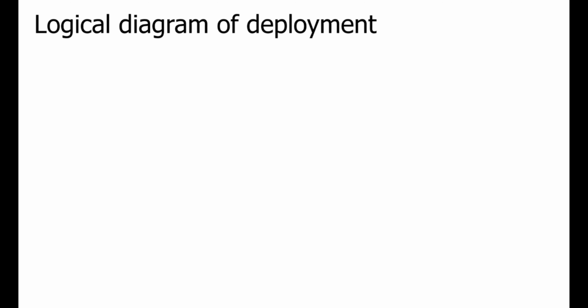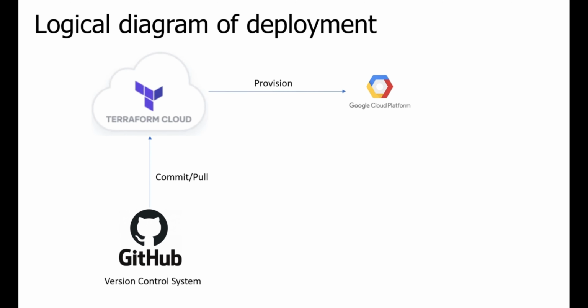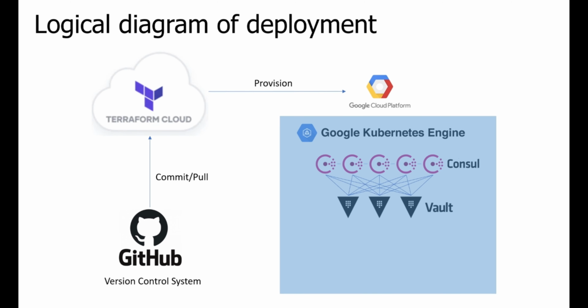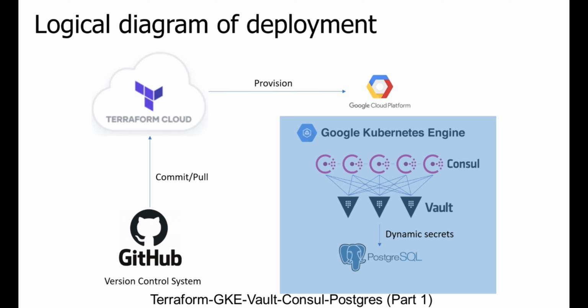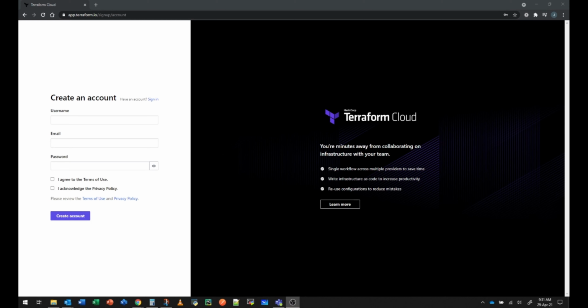Hi! In this video, I will show how simple it is to deploy a Kubernetes cluster in GCP using Terraform Cloud. I will then deploy Consul and Vault on the same cluster, and finally use Vault to generate dynamic secrets for my Postgres database. First step is you'll need to sign up to Terraform Cloud if you don't have an